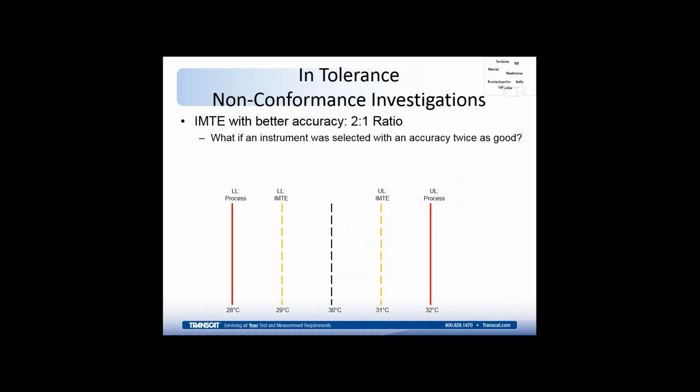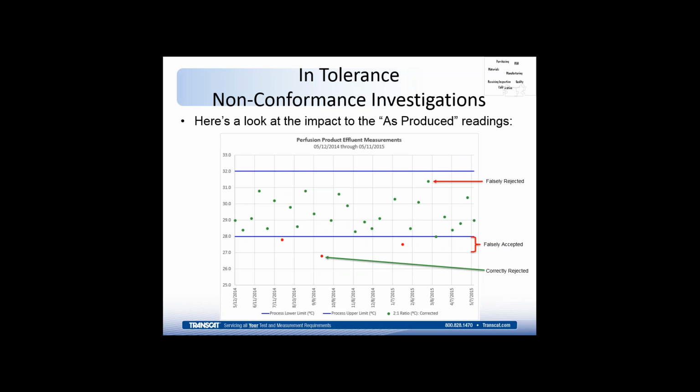All right, so what if we went to a 2-to-1 ratio instead? Now, if the instrument drifts to its tolerance limit, the process readings would only be off by half of the process tolerance. Okay, so skipping through the whole concept that we've just gone through and seeing what the adjusted temperatures would be based on an instrument being plus or minus 1 degree instead of plus or minus 2, which is the process tolerance. We now would have 4 scenarios that we'd have to consider of instruments that were shifted enough